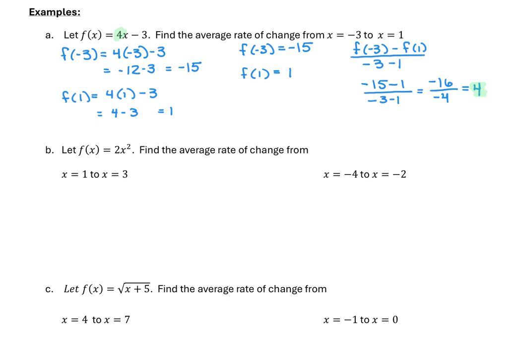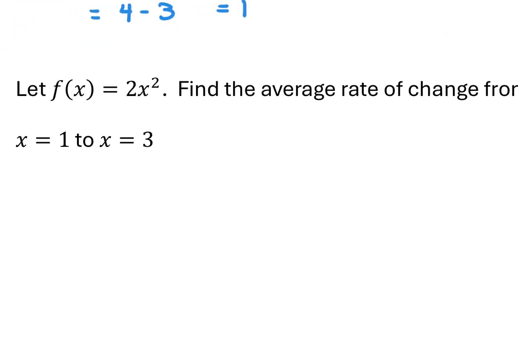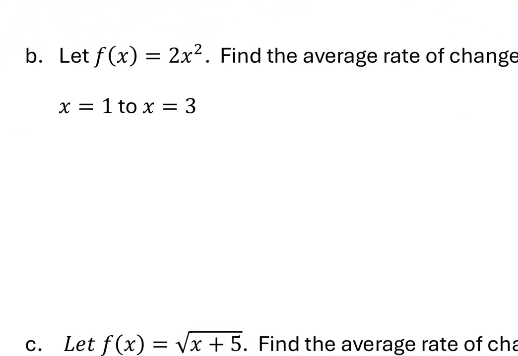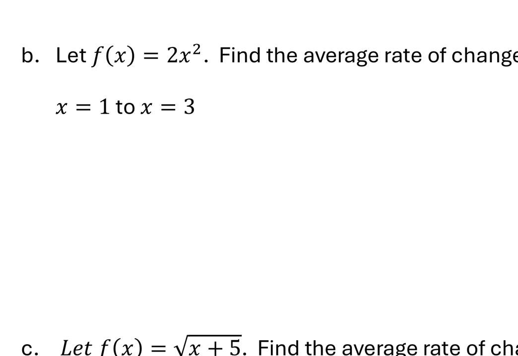Now, it's up to you how you want to think about this. Me personally, I don't like memorizing formulas unless I have to. And you don't have to memorize the average rate of change formula. You can go ahead and just use your formula for slope. We just have to start by finding our 2 points. All right, if we come to example A, we have a function 2x squared. And so if we plug in our numbers,